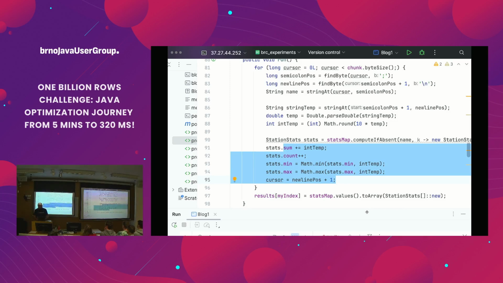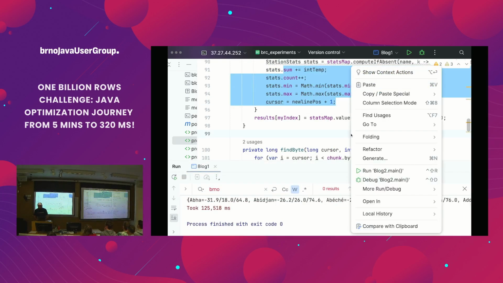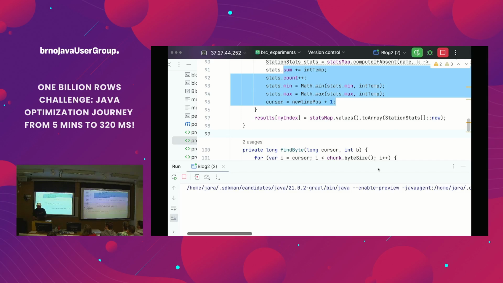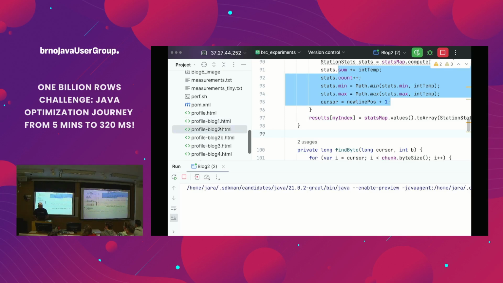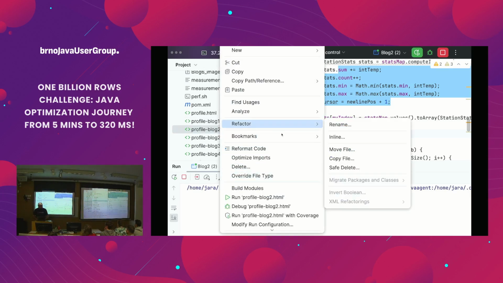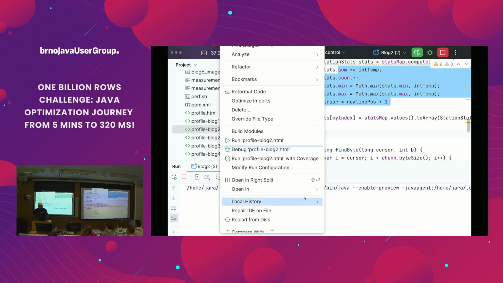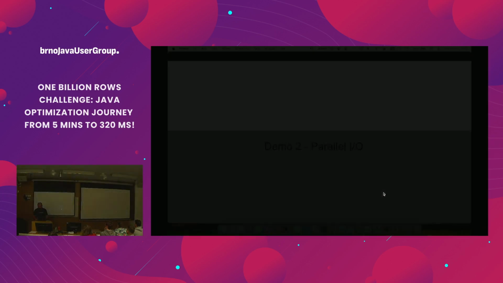That's all. And of course, I forgot to run it before starting the explanation. Good news is that this will not run 2 minutes. This should be quite a bit faster, but still slow. So we can have a look. I can cheat and open the flame graph from this version I have prepared at home. We can have a look at the profile.